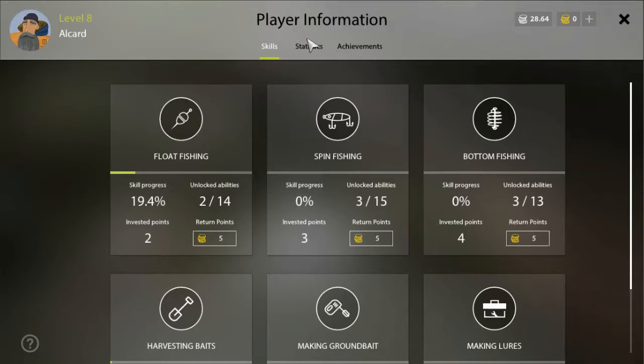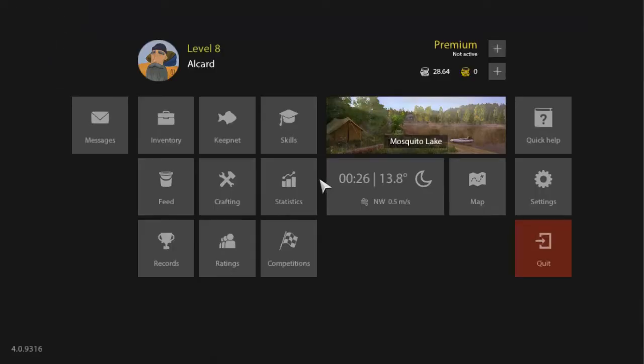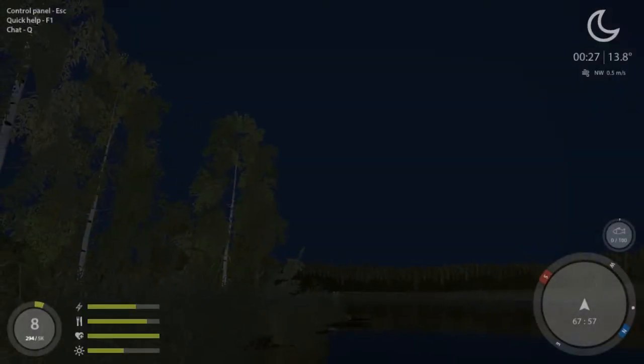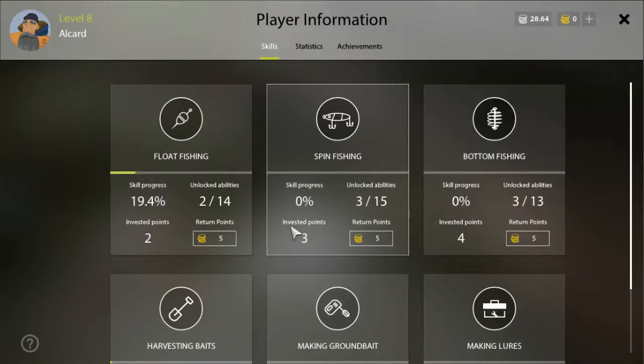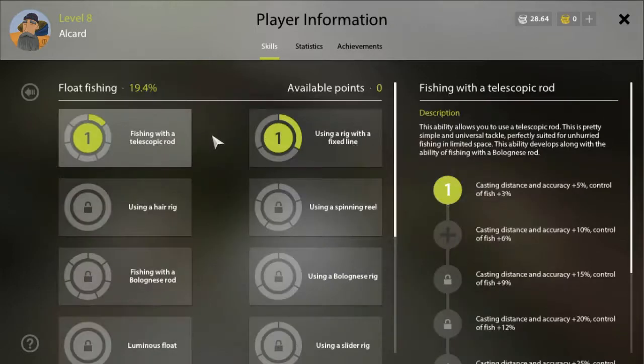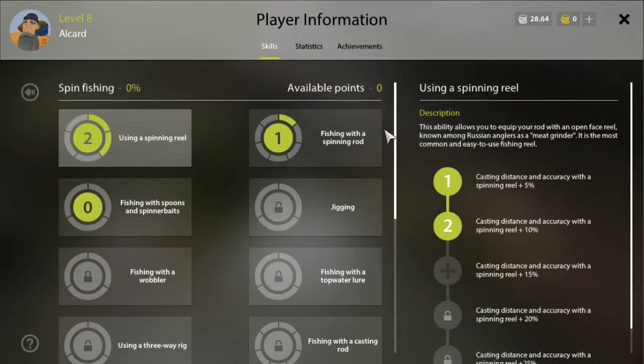If you want to know about your skills, you hit escape and go to skills. The little hat, this little graduation hat. You click on it, and here's your float fishing skill. You can put points into them. I put 1 point each into these to beef up my float fishing for now. This is probably all I will put into this because I want to concentrate on spin fishing